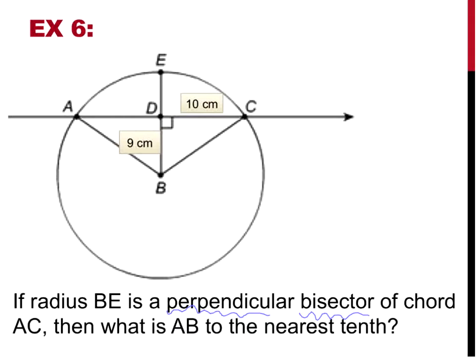Perpendicular bisector of chord AC, then what is AB to the nearest tenth? So here's what they want to know. They want to know this length this time. How am I going to find that? Well, if this is a perpendicular bisector, didn't we just say that that means the two parts of my triangle are the same, right? So if my height here is 9 and this length is 10,